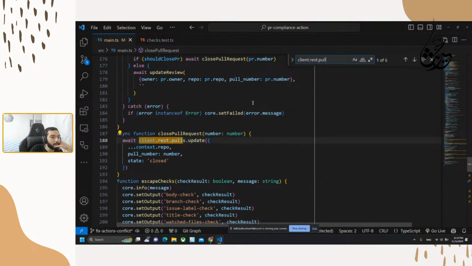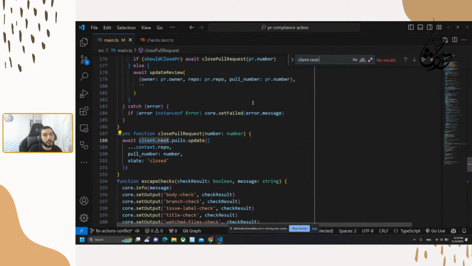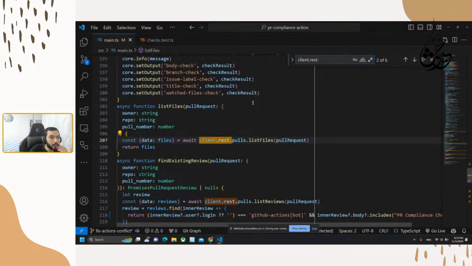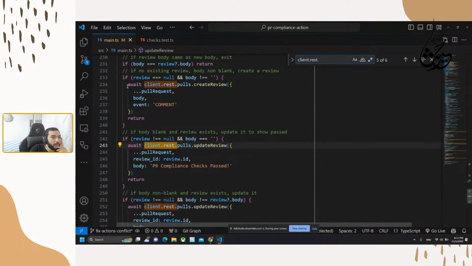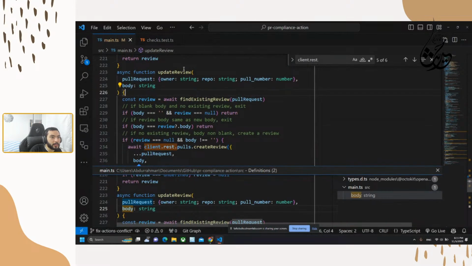Find.rest.pulse, and we are having the update of that view state closed. But I don't need the pulse, I need pulse create update review. We have here that creating a review, and we have here that update a review. We can add the comment inside this one, or we could check if it's having. And here the review body is checking the body itself,